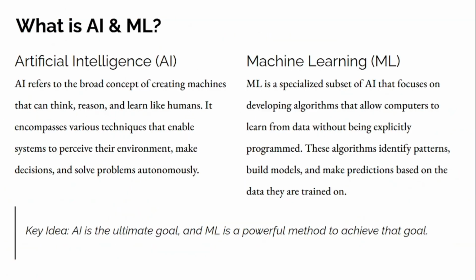So talking about data science now. Data science is an umbrella term under which AI and then machine learning exist. So we have data science on top, then artificial intelligence, after which machine learning comes under. So artificial intelligence now, this is a broad concept that refers to creating machines that think and reason and